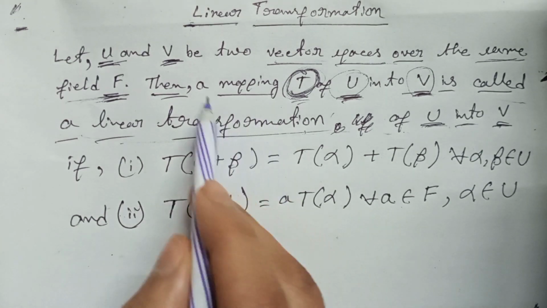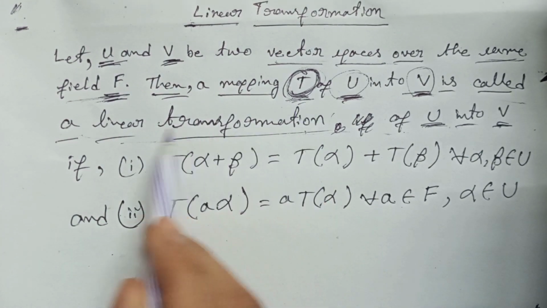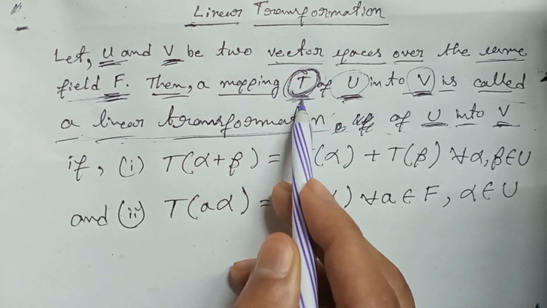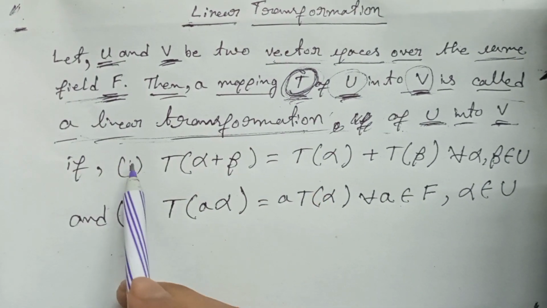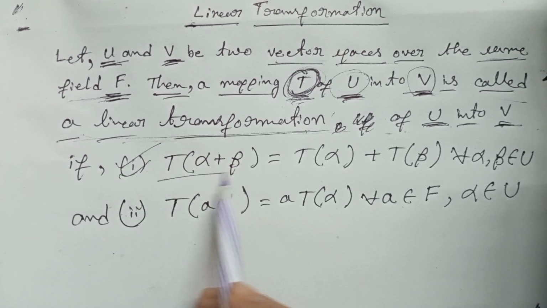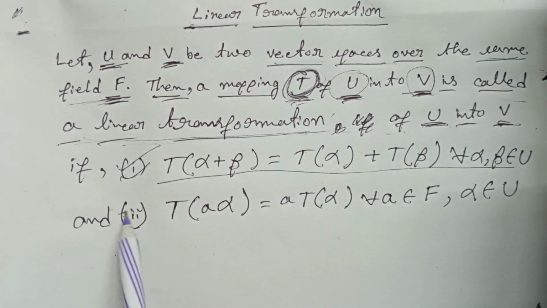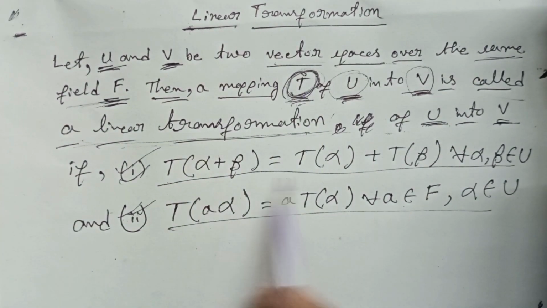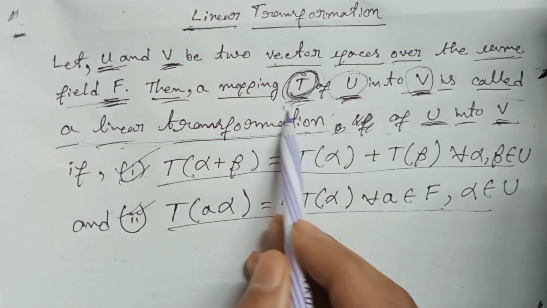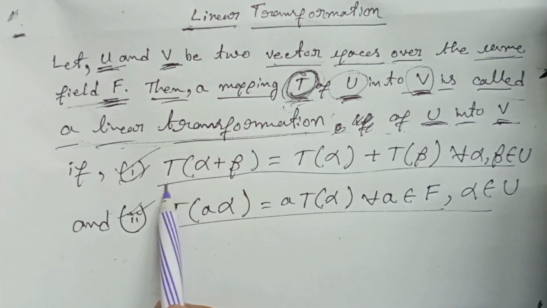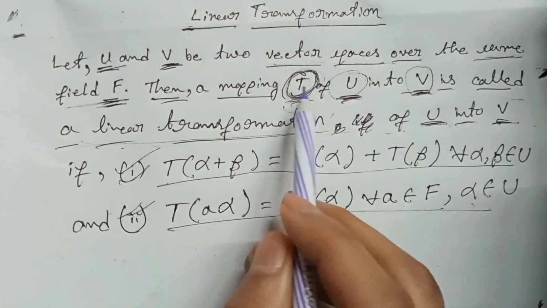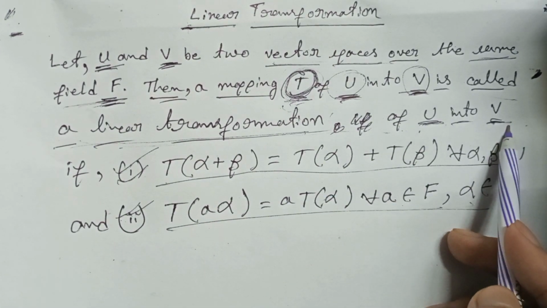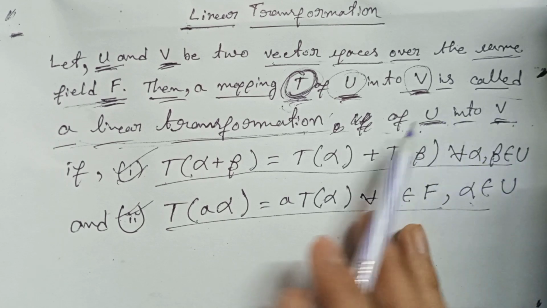So the mapping T will be called a linear transformation of U into V if it satisfies two conditions, mainly one is this one and the second one is this one. If the mapping satisfies these two conditions, it will be called a linear transformation of U into V. Okay,